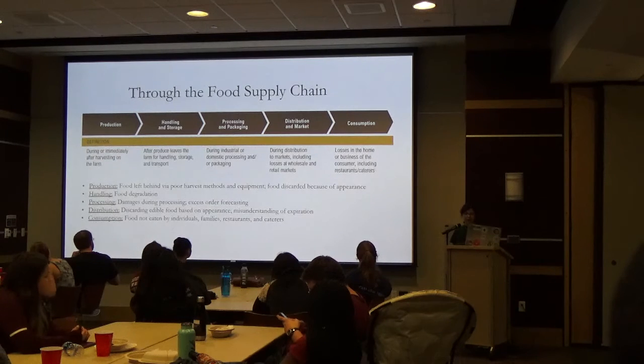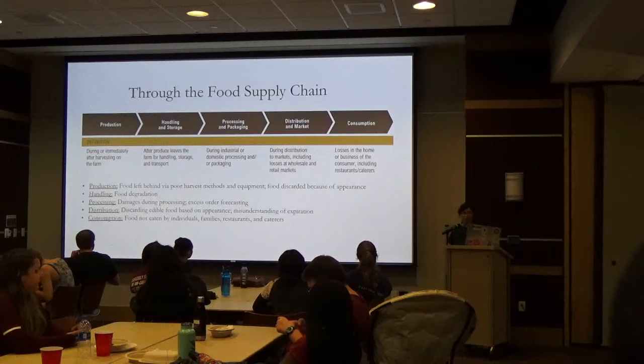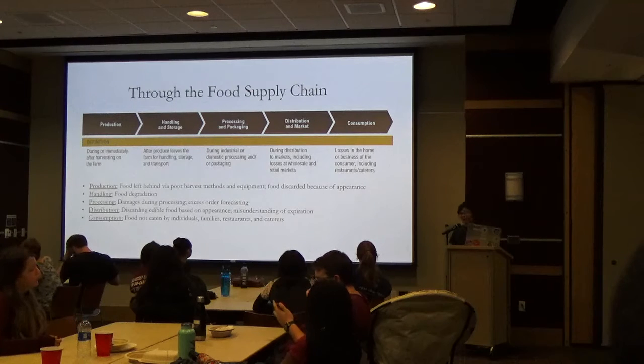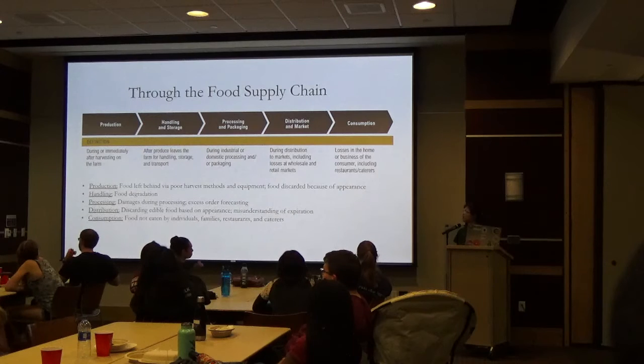And then we also have processing and packaging. Issues that can happen here are spilled milk or damaged fish, fruit that's unsuitable for processing, ugly. And then there's also processed foods that may be lost or wasted because of poor order forecasting and inefficient factory processes. No good.